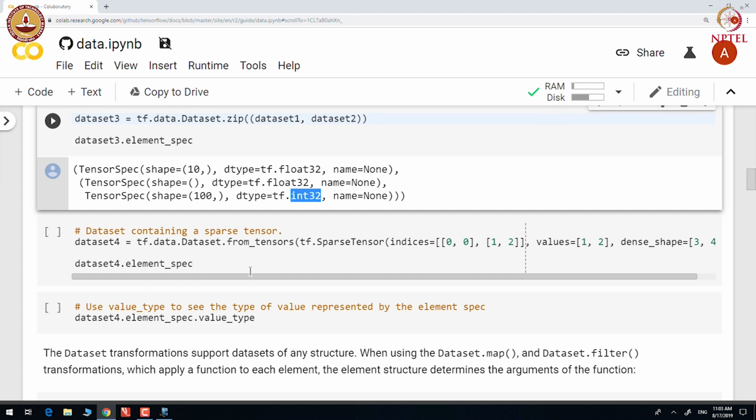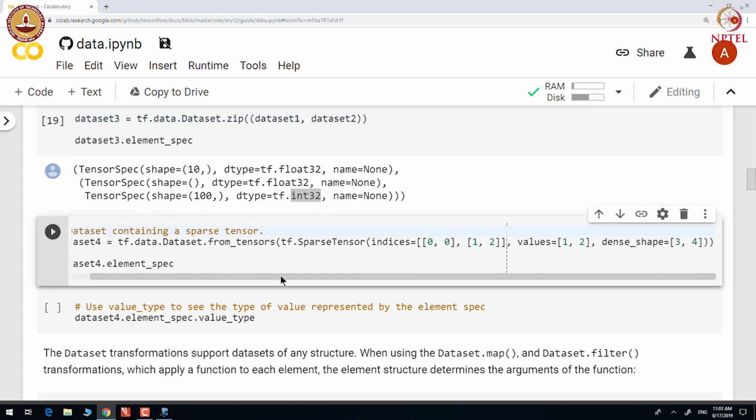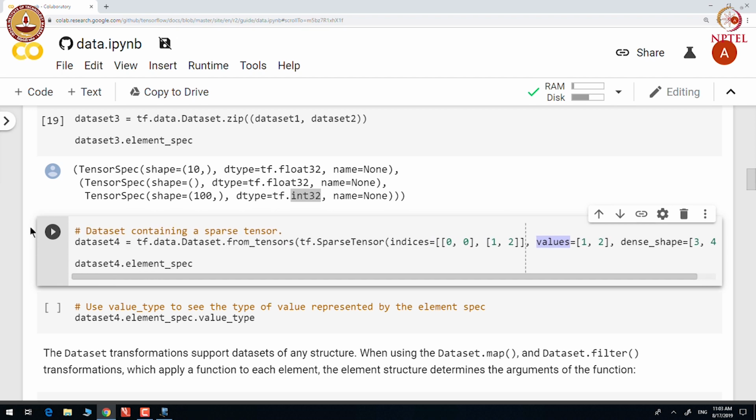We can also create a sparse tensor where we specify the indices where there are values present in the tensor, provide the values in the values argument, and finally give the dense shape of the tensor. Let us look at the element specification of this sparse tensor.